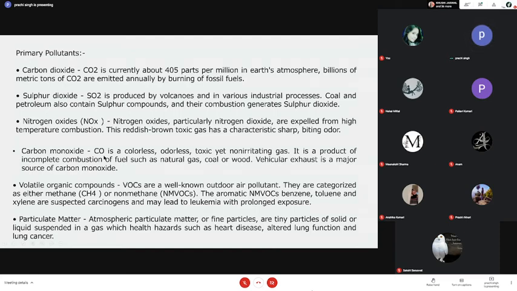Okay, or vice versa can happen. When the oxygen supply is good, the CO changes into CO2. Now, carbon monoxide, interestingly, is odorless and colorless, and therefore we cannot identify it. But that suffocation feeling is mainly because of carbon monoxide, because it has 1,000 times more capacity in comparison to oxygen to dissolve in the blood. So it easily replaces the oxygen and combines with the hemoglobin to form carboxyhemoglobin, with which the person suffocates.